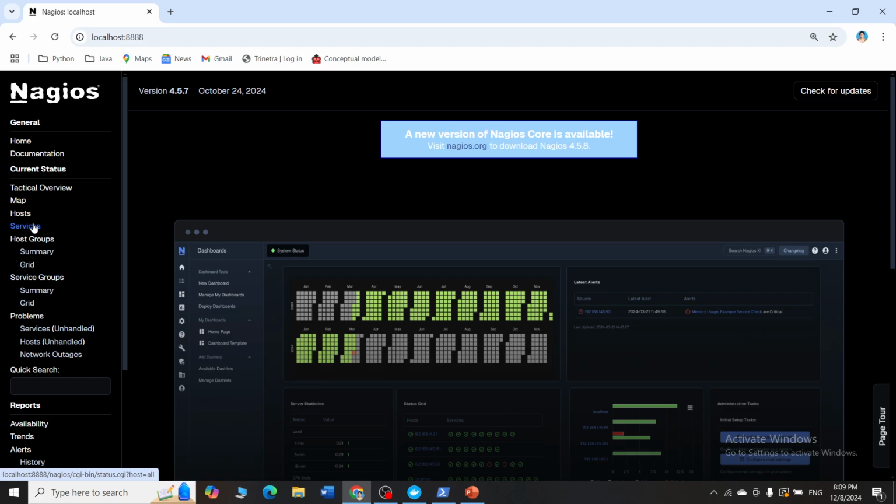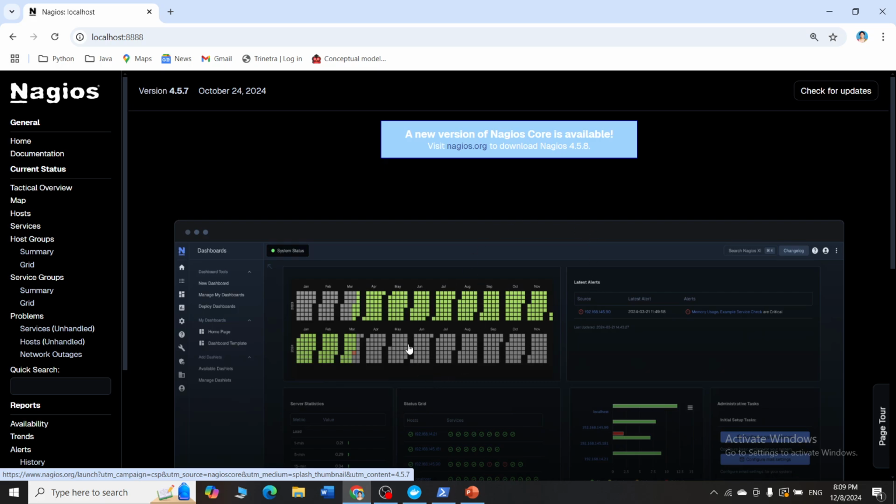Then you have something called services here. Services show the activities or tasks that are being monitored by Nagios, for example the CPU usage, the disk space, the network status, all these services. Then you have reports here, which will provide some historical data about your system. Then the next thing you have is the main content here in the middle, called the dashboard content.